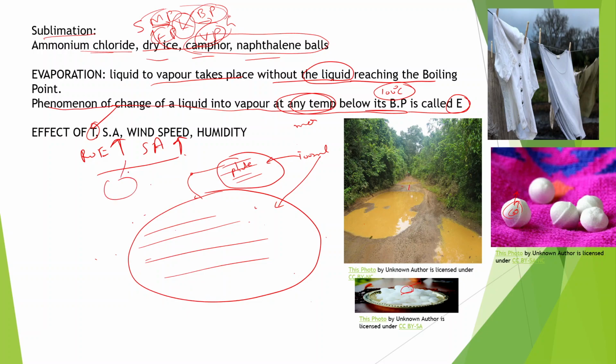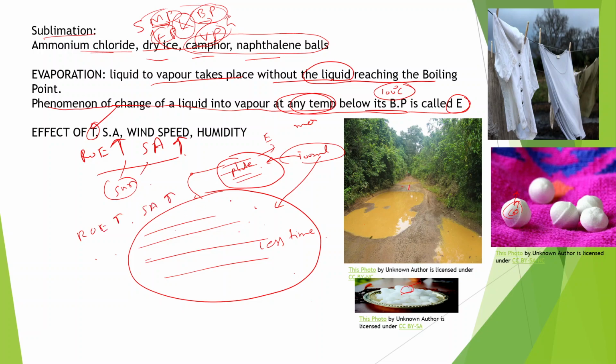The same amount of liquid is present in this plate and in this plate. In the small plate it will take more time for evaporation, and in the large plate it will take less time. Definitely this will occur,